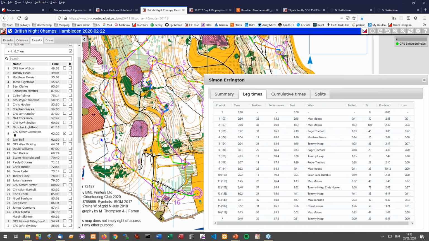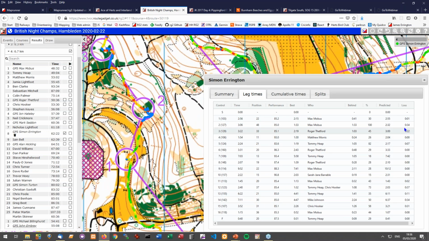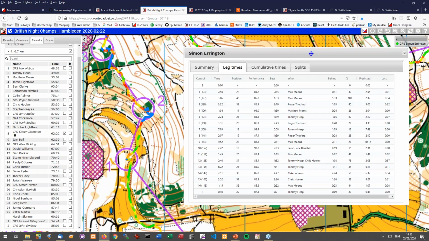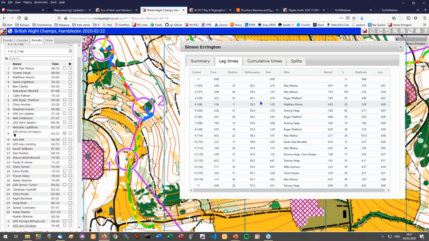So this is the British Knights. So as I was saying, you can see that my mucking around going up the hill, this says I'm only losing 34 seconds. Okay, the calculation is complicated and open to debate, but at least there's some sort of indication there. And it's highlighting correctly that I definitely lost time at this control. These are sortable, so you can sort these. In fact, most of the columns I think are sortable, so you can quickly find out where you had your best legs, where you had your worst legs. So that first page is individual legs.